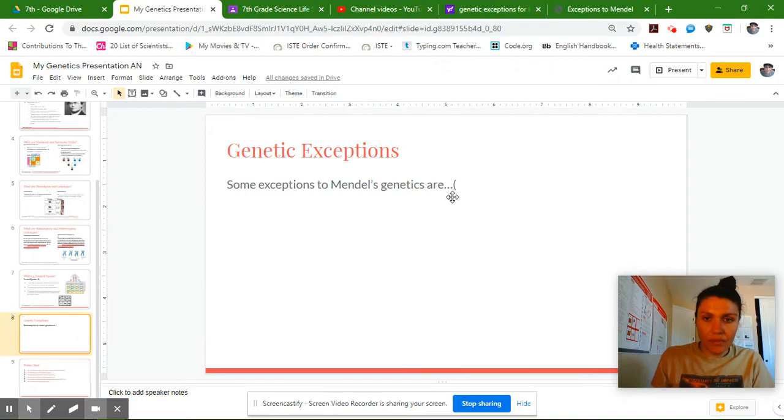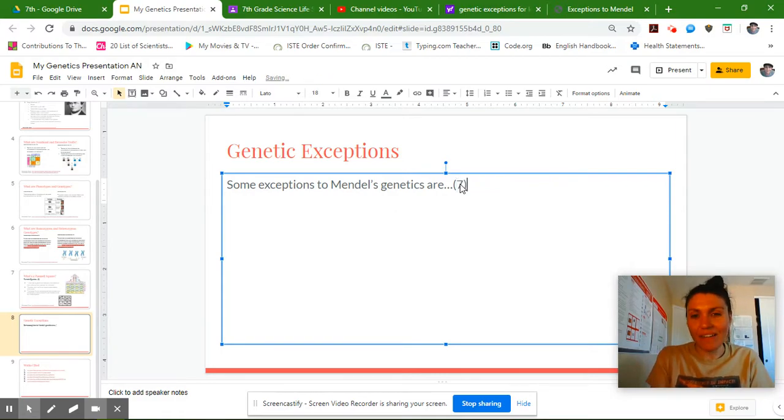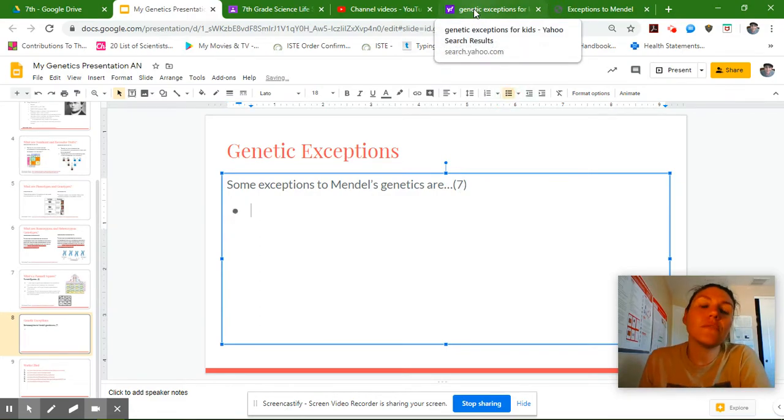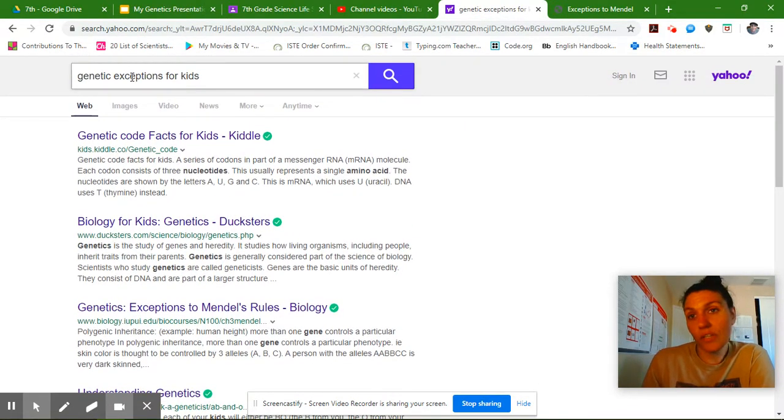So I need to, as soon as I can, type a number 7 here to cite my evidence. And then I'm going to do a bullet point. Next thing you need to do is go to your search engine. So I typed in genetic exceptions for kids, and I found this great website